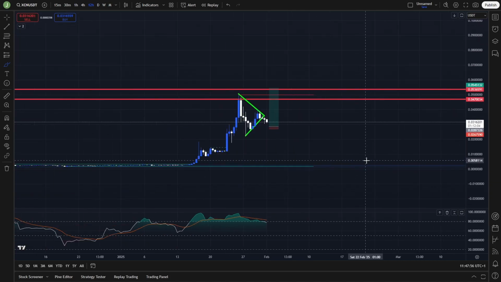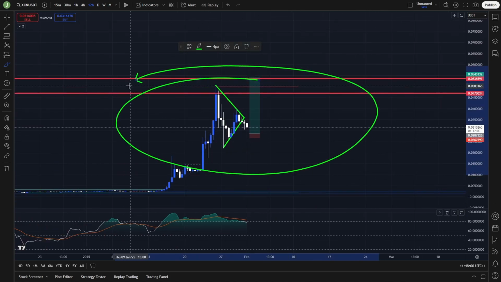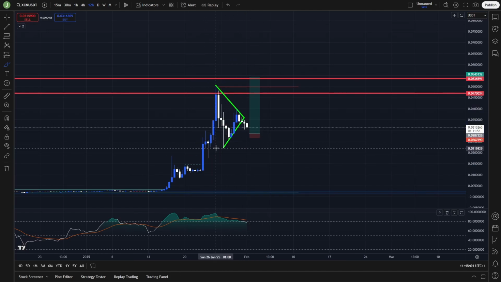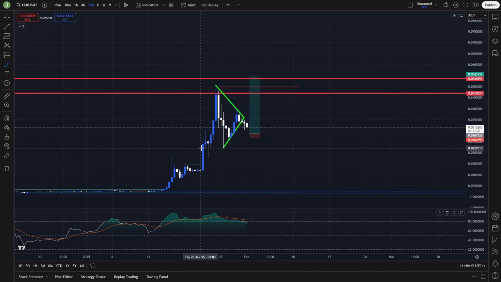If I switch to a 12-hour chart, for me this is still really bullish. We are still not breaking this previous important low, so this low was higher than this one, these lows are still higher than this one and this one. The problem will be if we get under the level 0.02210, but honestly I'm not expecting that something like